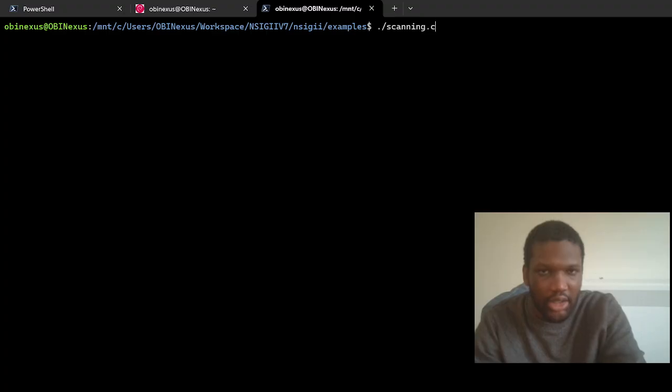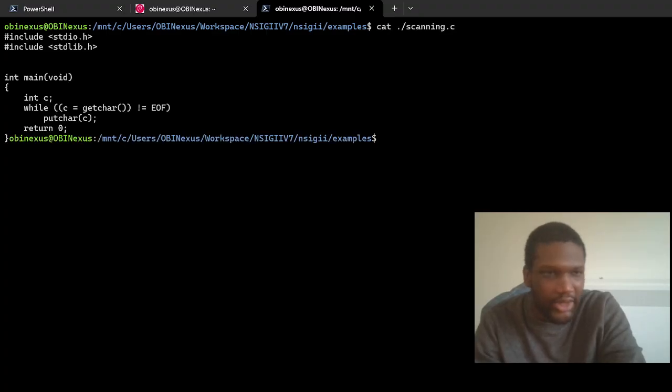Okay. And I do cat, so that's cat got it. This is what it says. This is started to have lots of scanning. See, the scanning can have